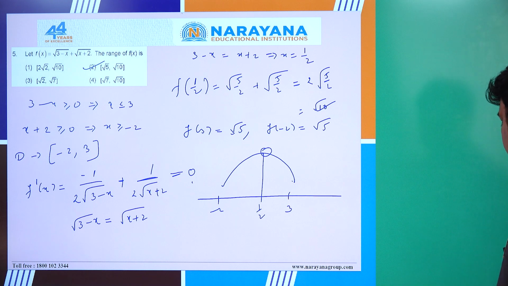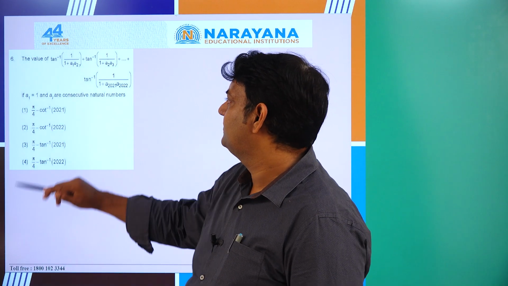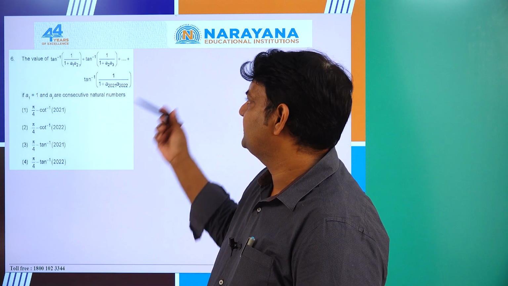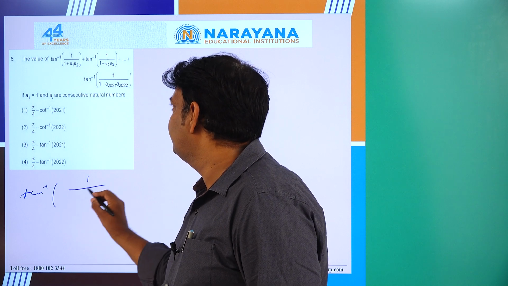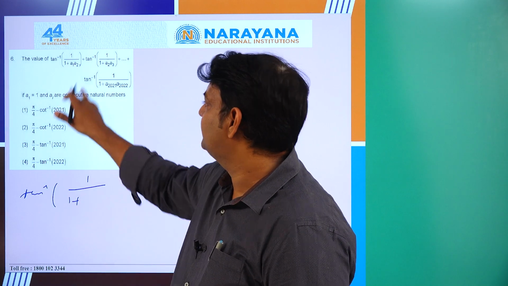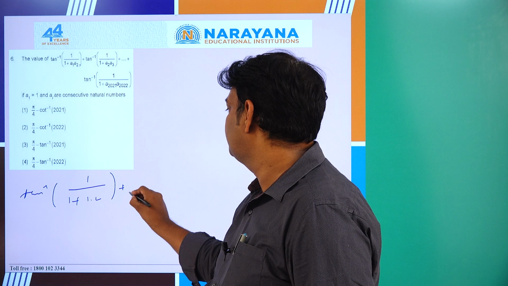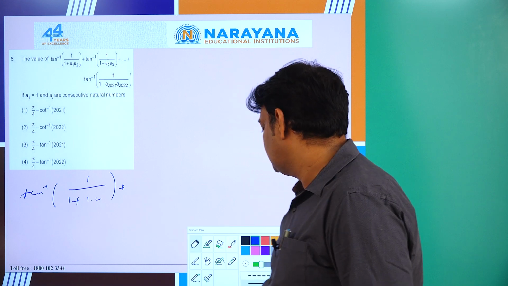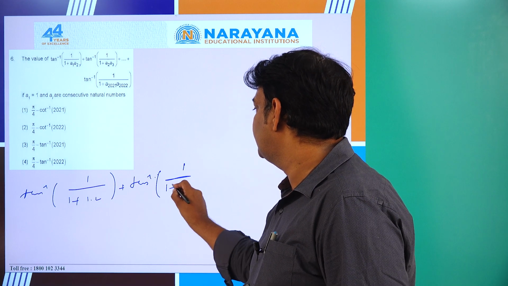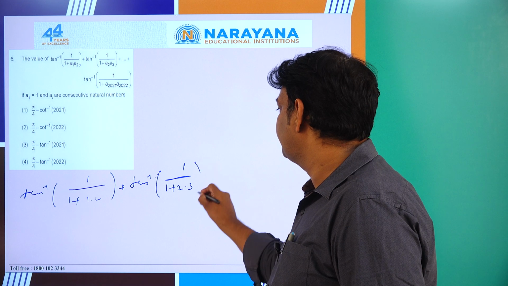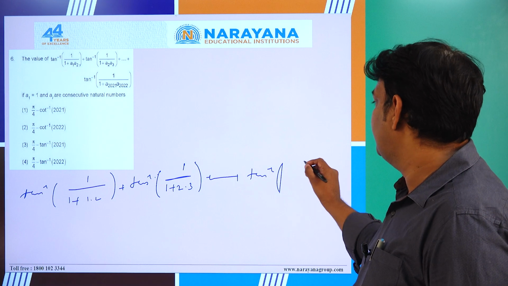Let us move to the next problem. This is quite simple. A1 is 1. The A_i's are consecutive natural numbers. Means simply he is asking you what? Tan inverse of 1 by 1 plus A1 A2, that is 1 into 2, plus tan inverse 1 by 1 plus 2 into 3, plus and so on,